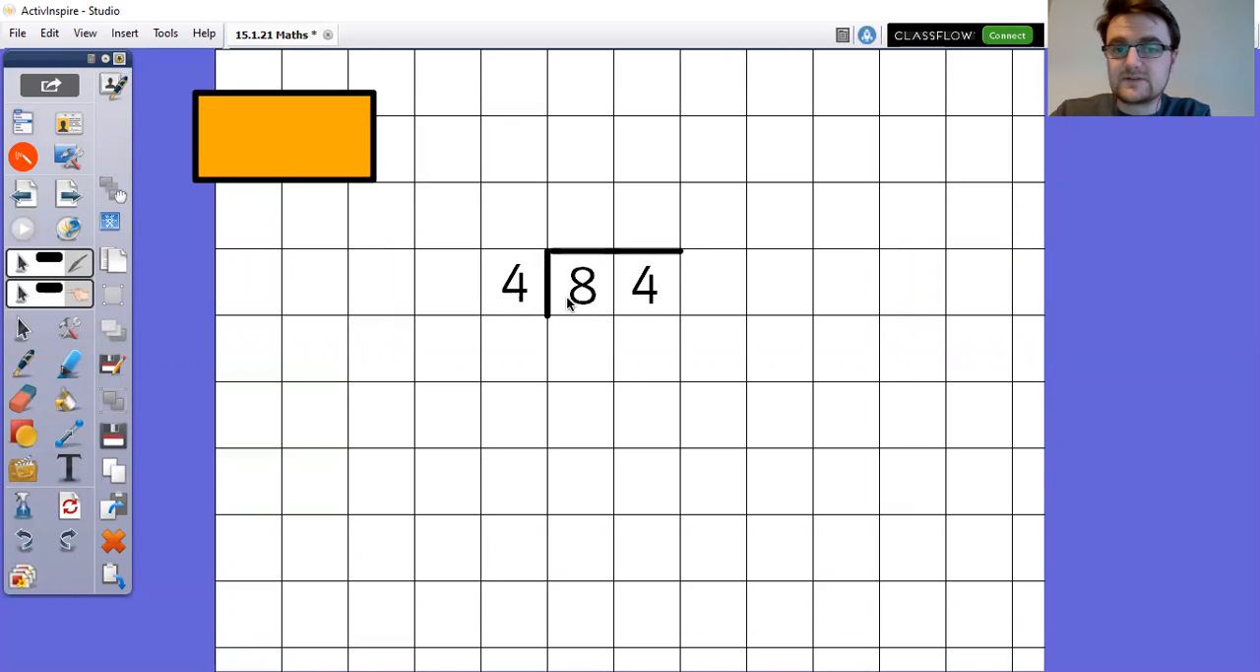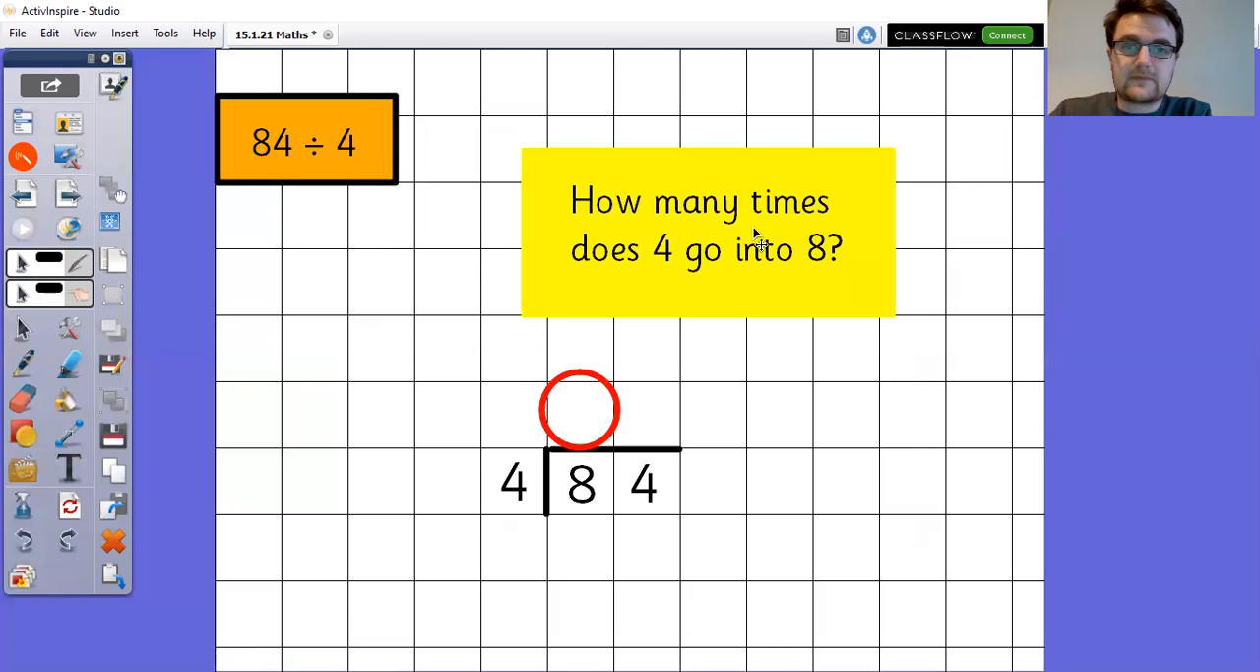The bigger number goes underneath the bus stop, like it's waiting out of the rain, and the smaller number comes outside because he's getting wet. So how many times does 4 go into 8? If I count up in 4s, 4, 8, it goes in twice, which means that I can put a 2